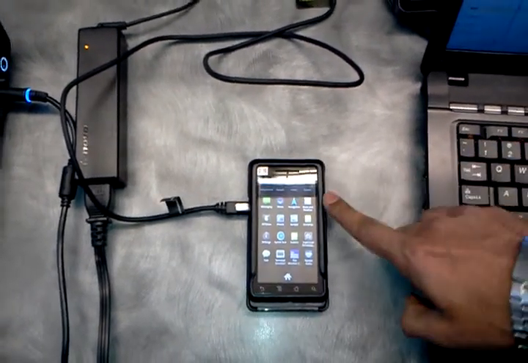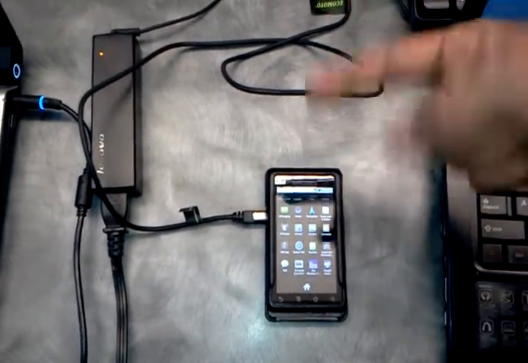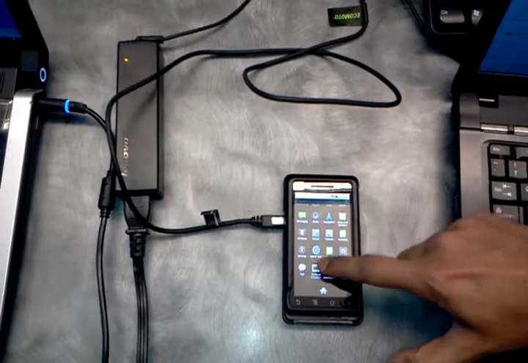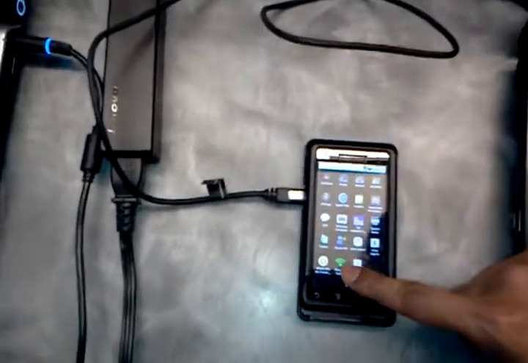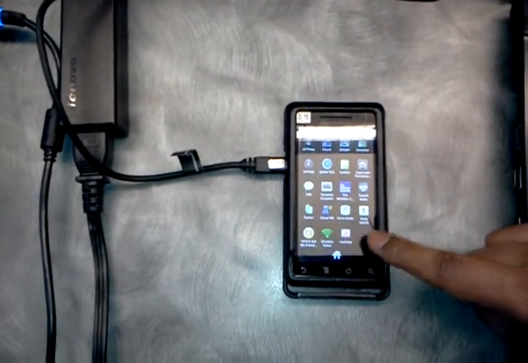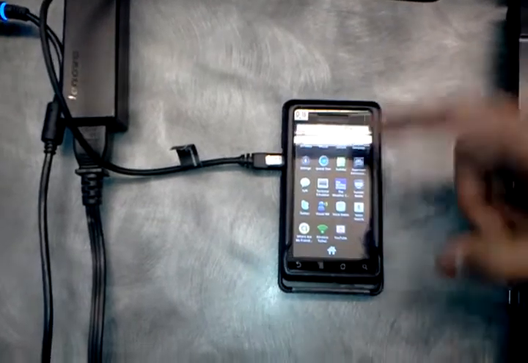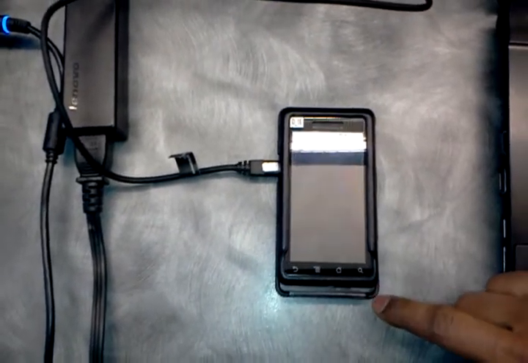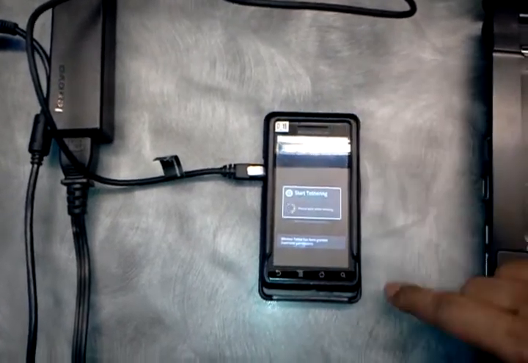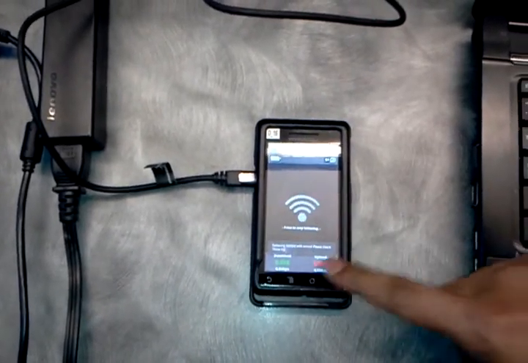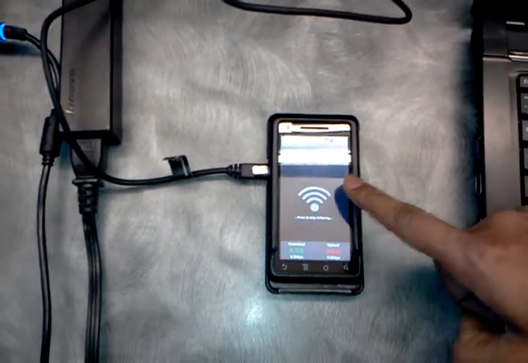Now we will see how this device can be configured as a rogue access point and how these client devices can access this device and access the internet. This is an application called Wireless Tether, which is available in the Android market. This application needs the root permissions of this device. When you start this application, you just need to press this button to start the tethering process. As you can see, the download speed and upload speed of this device are being displayed.